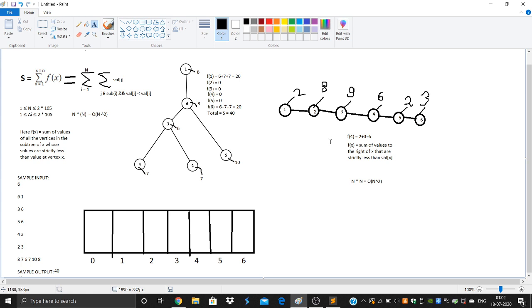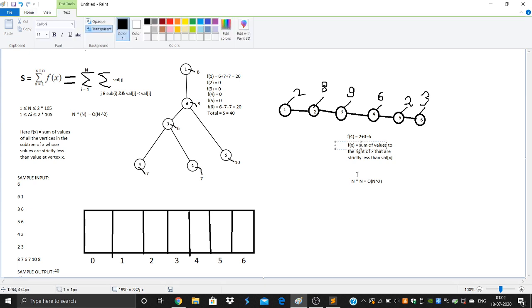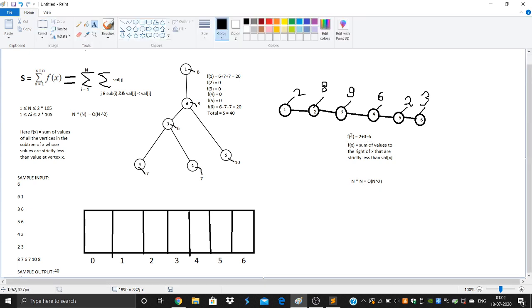Apparently there is a well-known method to find the value of f of x in logarithmic time. It's known as offline pre-processing. You can easily find articles on the internet. It basically involves the use of binary index trees or a segment tree or a merge sort tree to calculate the value of f of x in logarithmic time using offline queries.